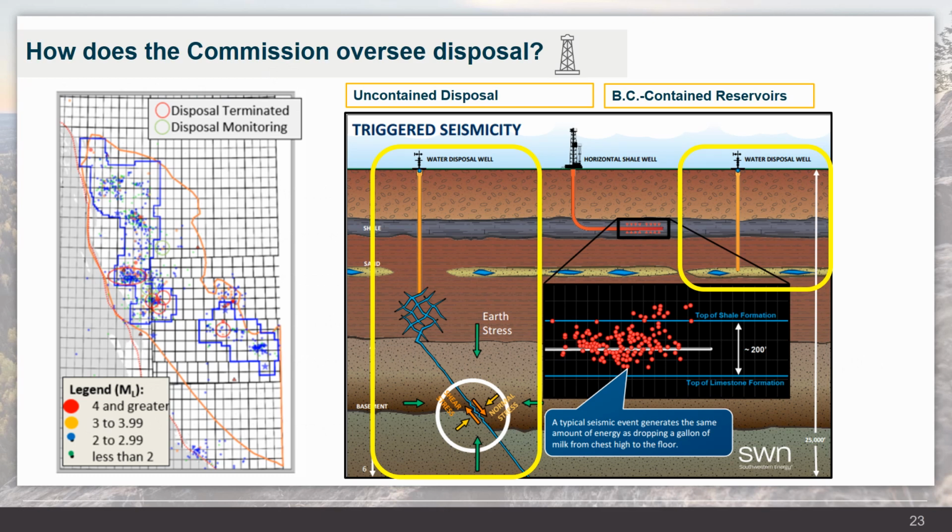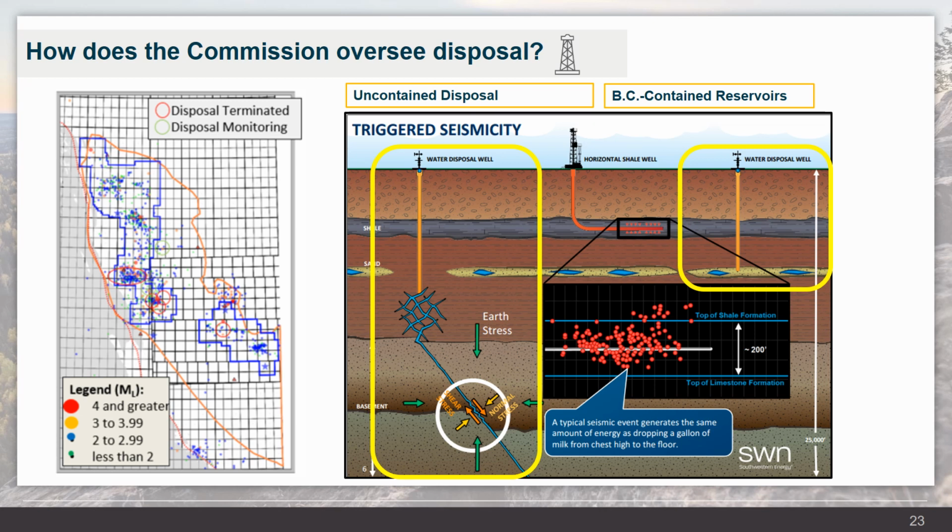Disposal refers to the injection of waste fluids into isolated, non-productive formations for permanent and safe storage. When fluid is injected, it's done so at pressures designed to keep the rock matrix intact. Disposal in Northeast BC is done into contained reservoirs, which means they have boundaries in all directions, and fluid injected into these reservoirs will eventually reach maximum capacity as designated by the Commission's Reservoir Engineering Department.